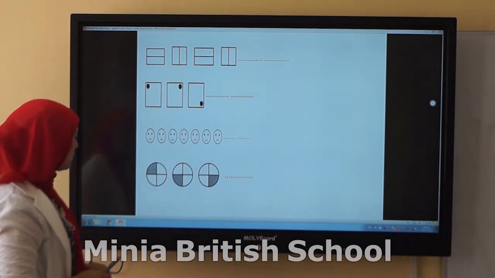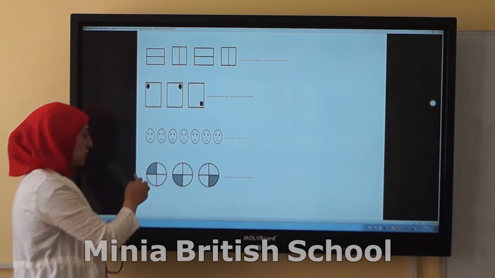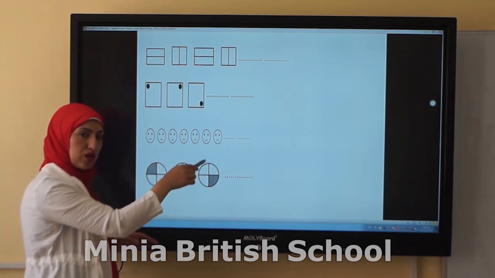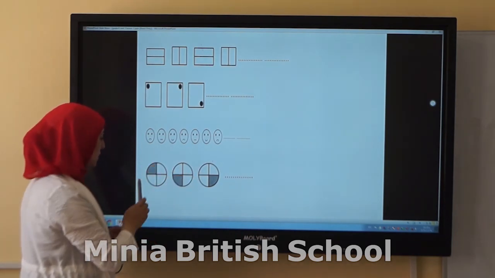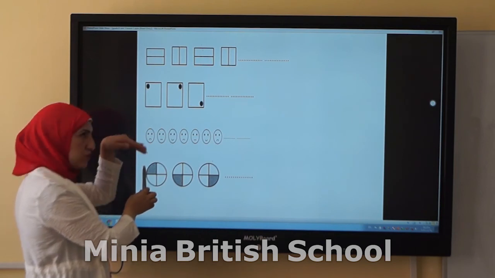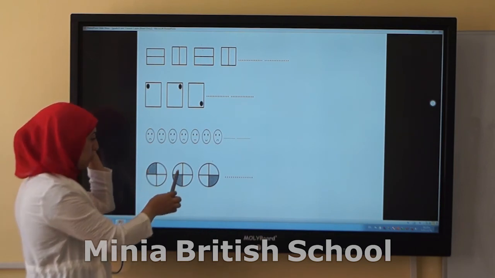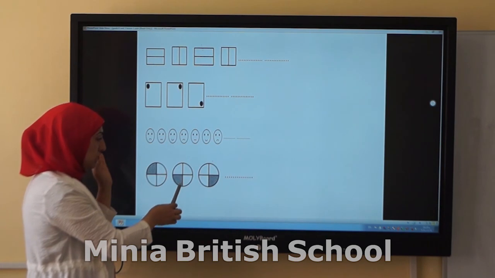The next one, here a circle divided into four sectors, shaded. The first one up on the left, one down on the left, down